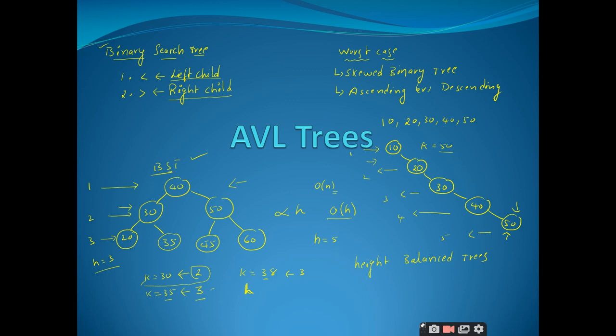Right. So these are the trees which are balanced in the height. That means the height of the left subtree should be almost equal to the height of the right subtree. There should not be longer distances. One child cannot have less height and another child cannot have greater height. So we are going to balance the trees based upon the height.